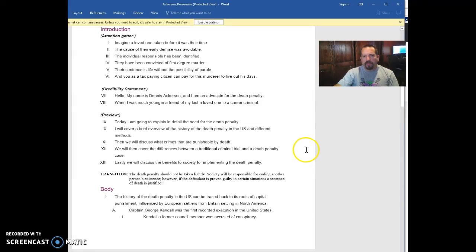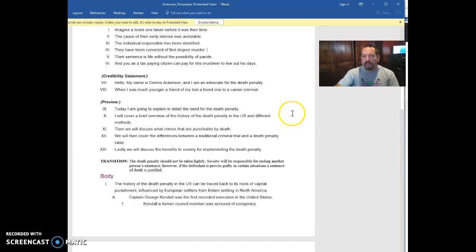Imagine a loved one taken before it was their time. The cause of their early demise was avoidable. The individual responsible has been identified. They have been convicted of first-degree murder. Their sentence is life without the possibility of parole. And you, as a taxpaying citizen, can pay for the murderer to live out the rest of his or her